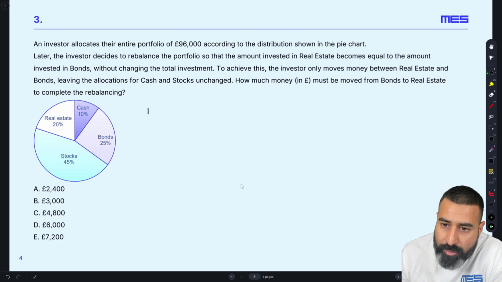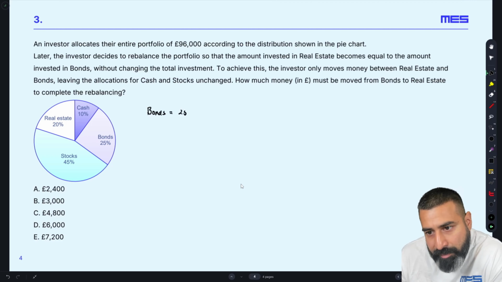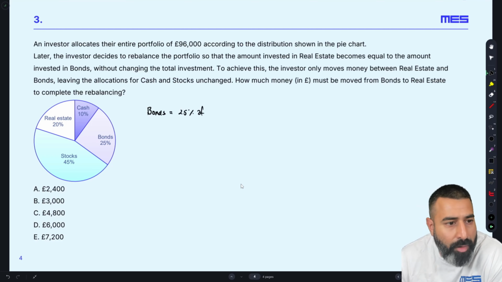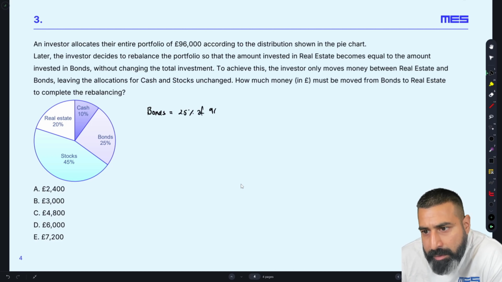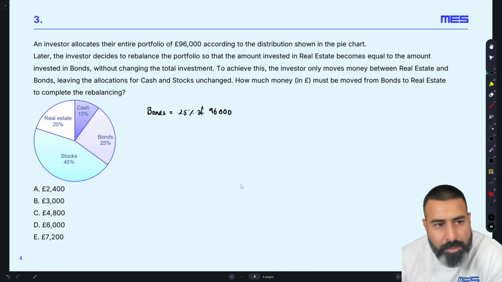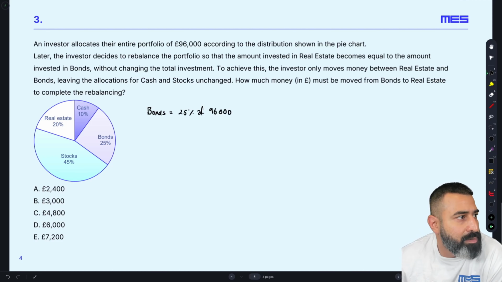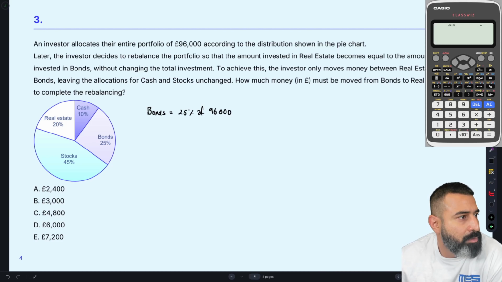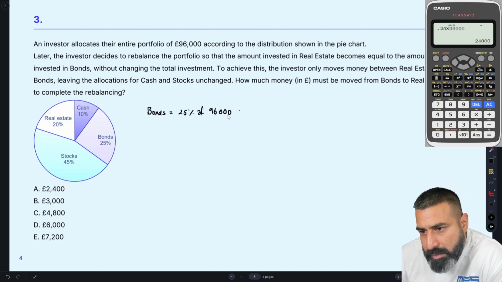So in bonds, that is 25% of 96,000. So let's just get our calculator up. So 0.25 times 96,000 is